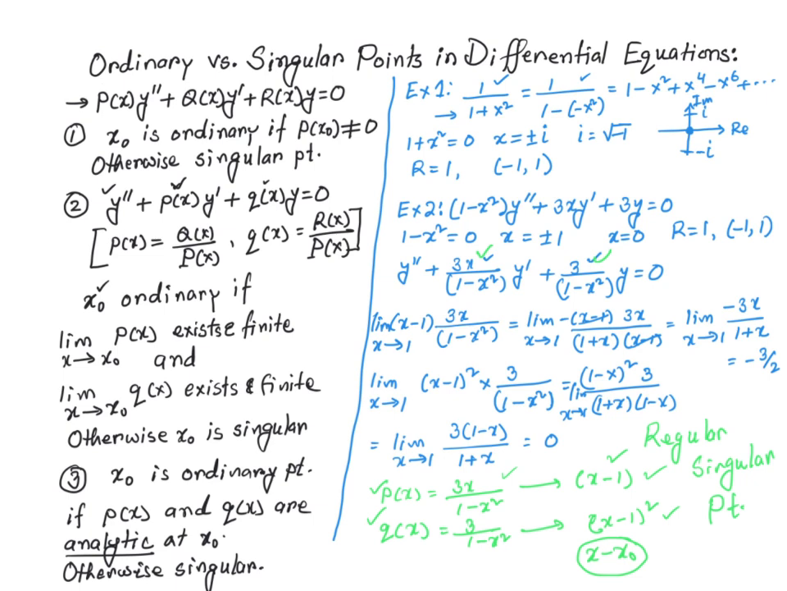So let me just quickly write it here just to refresh your memory on this. The limit as x approaches x naught of (x minus x naught) times little p of x exists, and the limit as x approaches x naught of (x minus x naught) squared times little q of x exists. If this and this exist, then we call it a regular singular point. Otherwise, we call it